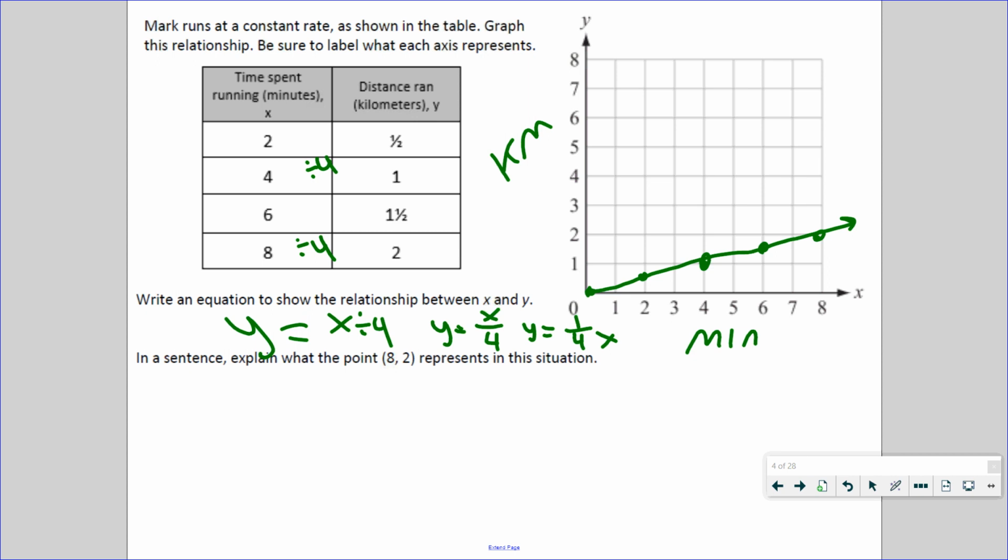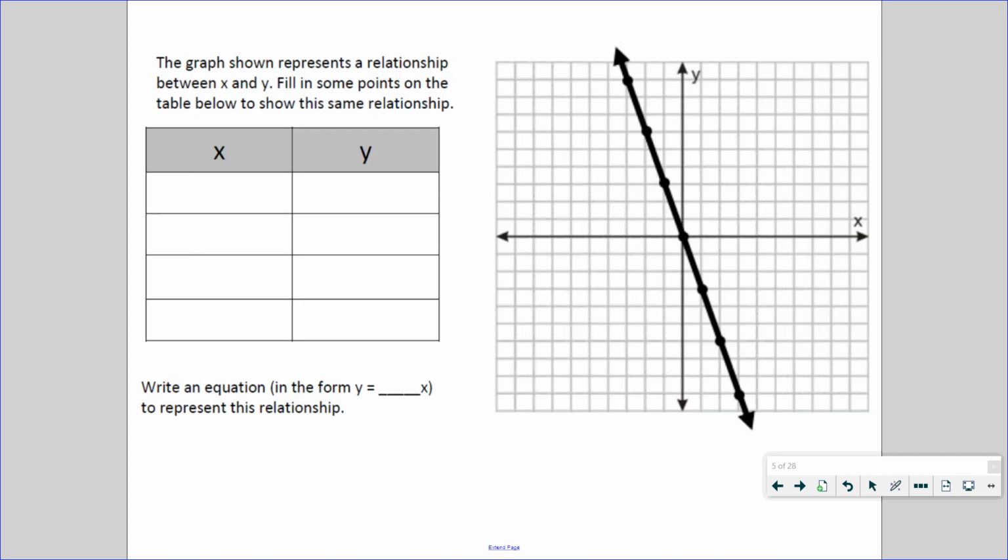So next one. The graph shown represents a relationship between x and y. Fill in some points on the table below to show the same relationship. I like using some of the negatives and positives. So let's do this one. So here's the origin. -2, 1, 2, 3, 4, 5, 6. -1, 2, 3. -1, 3. Origin 0, 0. 1, -1, -2 goes down, -3. 2,